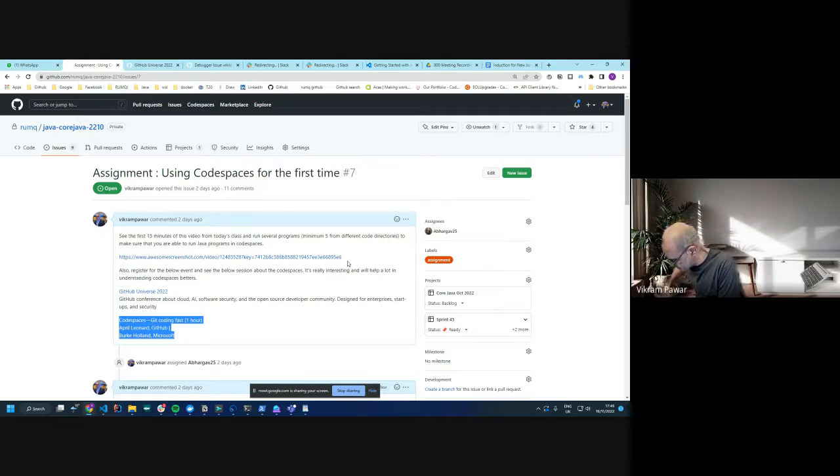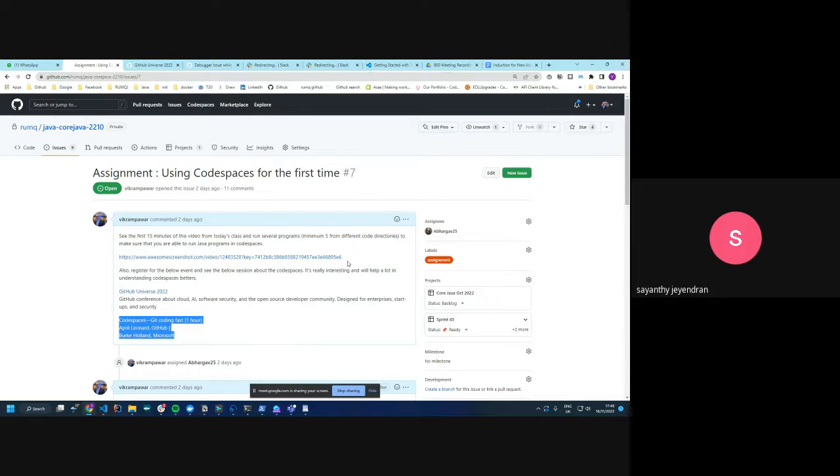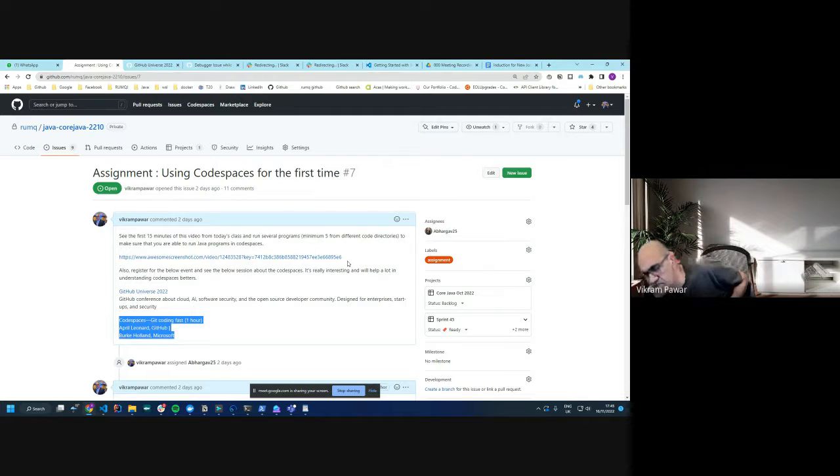Shall I try this in IntelliJ now? Yeah, try IntelliJ. Everybody's trying in whatever they're comfortable with. IntelliJ is probably better. The only reason I showed Codespaces is for the people who are not even able to install and not able to follow the classes. So I said at least start that way. Then you can run the programs and see how they're running. It's always good to have your own IntelliJ setup. If you have all that set up, that's better. Anyways.